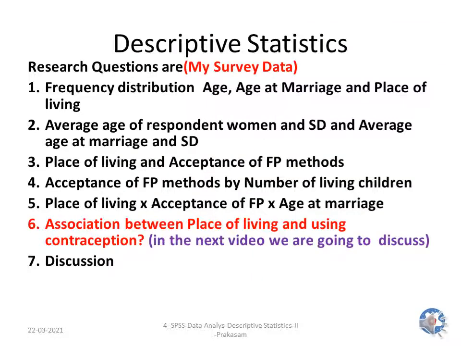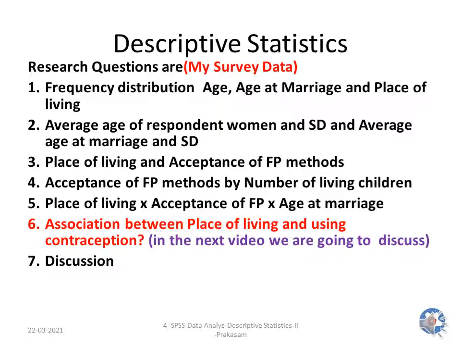The researcher is interested in analyzing the data collected through his survey and finding the descriptive statistics for his research problem.